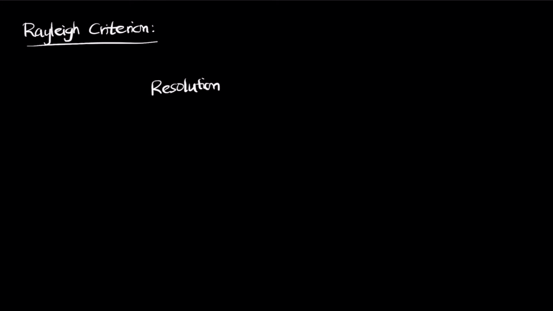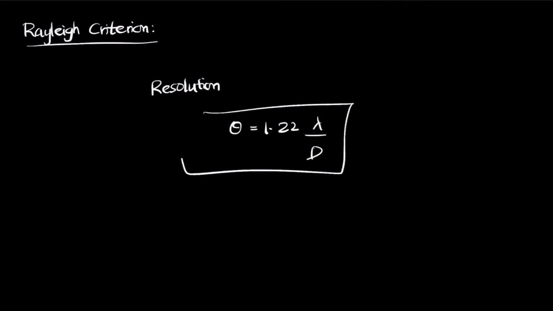The Rayleigh criterion, for the first minimum of the diffraction pattern, is given as theta equal to 1.22 lambda over d. So this is the value for theta, and for looking at a distance, this is the formula we use to distinctly separate two objects. This is the formula by which telescopes operate. This is also the formula by which your eye operates.